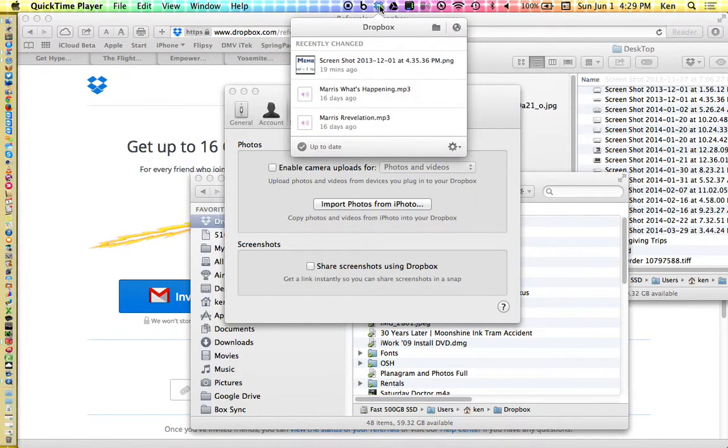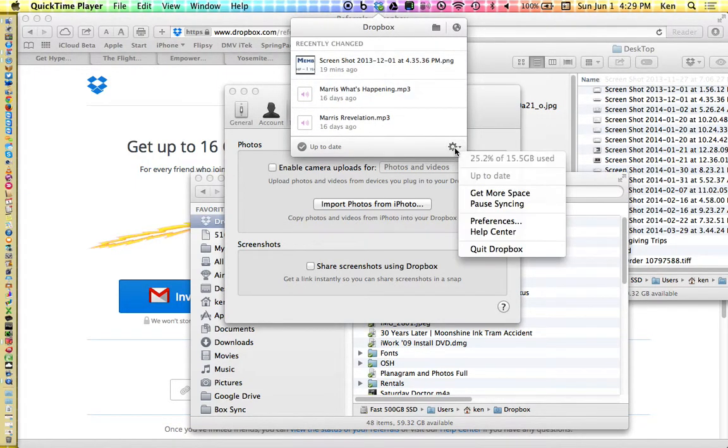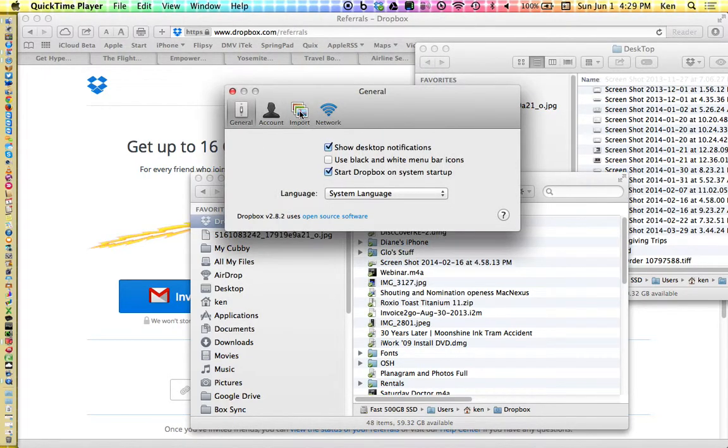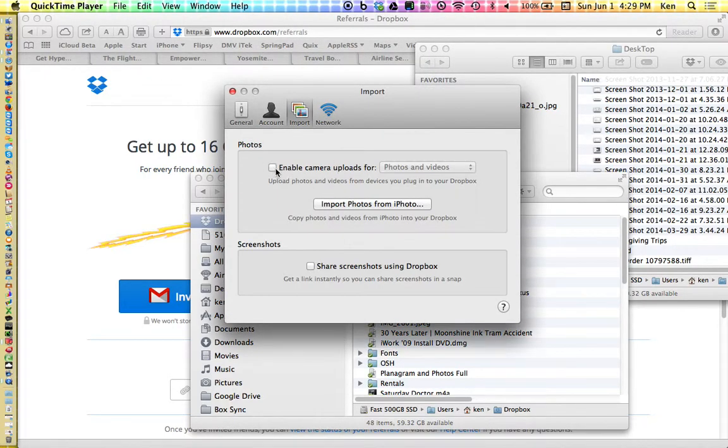Go to the Dropbox logo, come down to the gear. Preferences, come over to import and deselect both of those. Okay? And if I want to import certain photos from iPhoto,